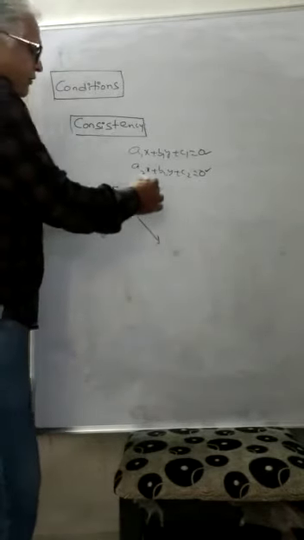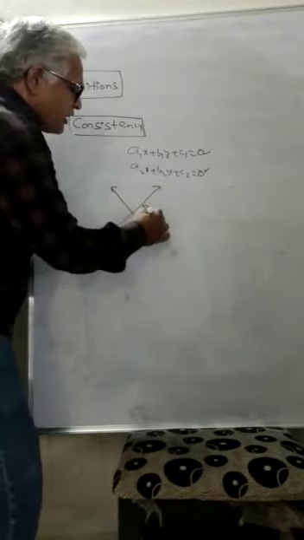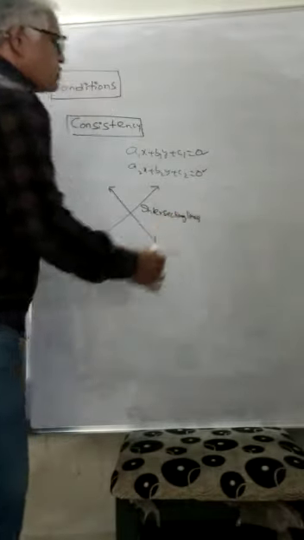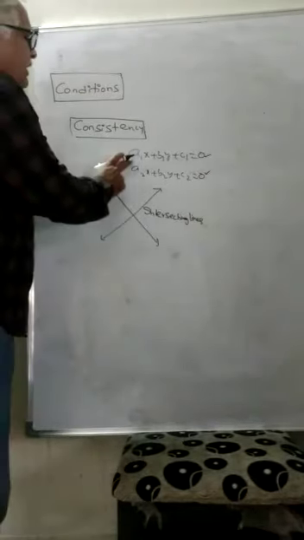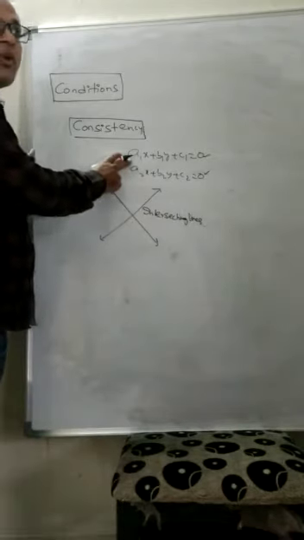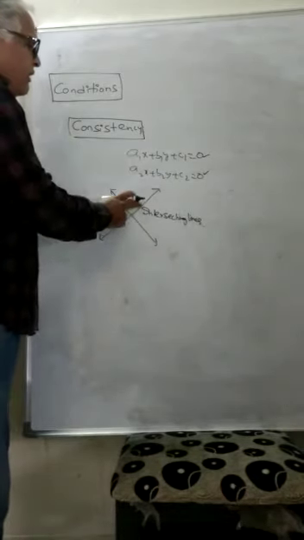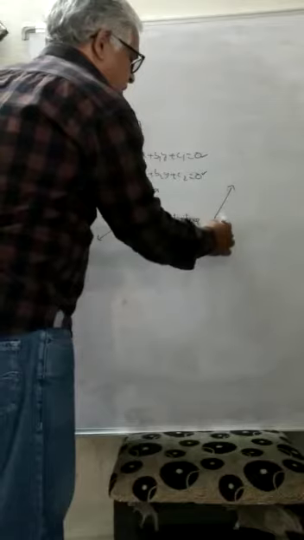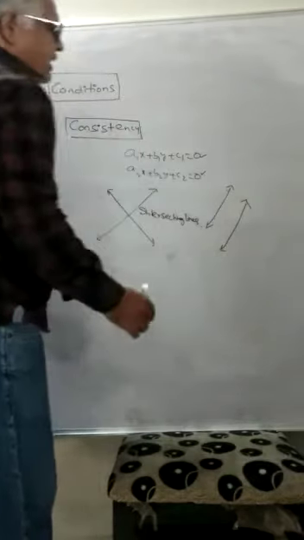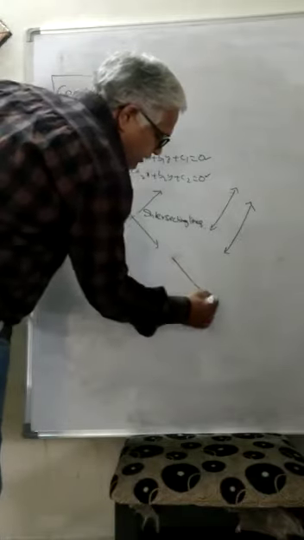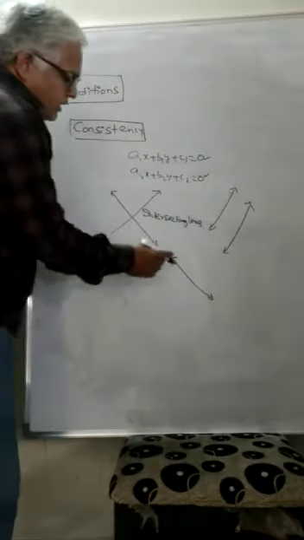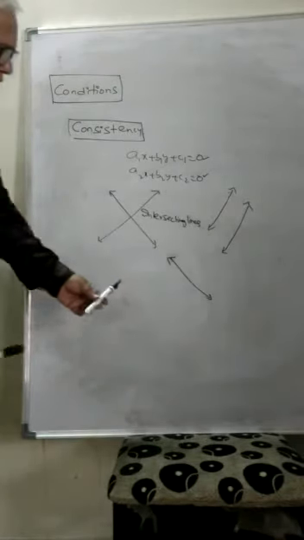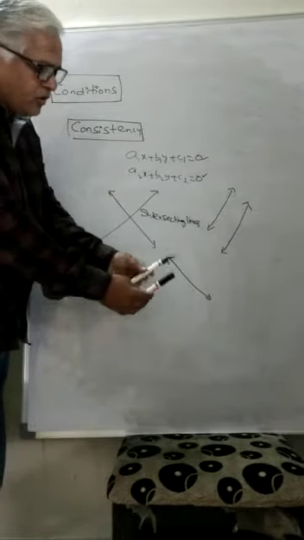There are three categories of straight lines. If you draw the graphs, you may have intersecting lines. The two lines, which are the linear equations in x and y, when you draw the graph, you will have one line each. They may be intersecting lines or they may be parallel lines. Two categories of lines. Or there is a possibility that they are not giving you two lines: one line is overlapping over the other.